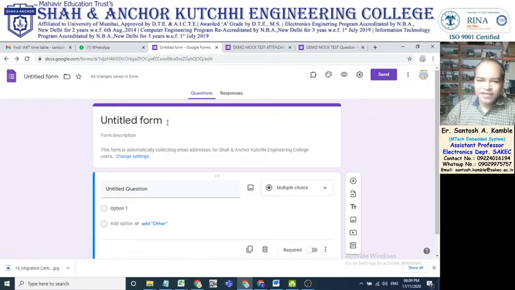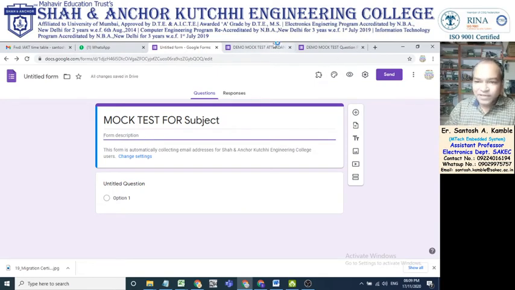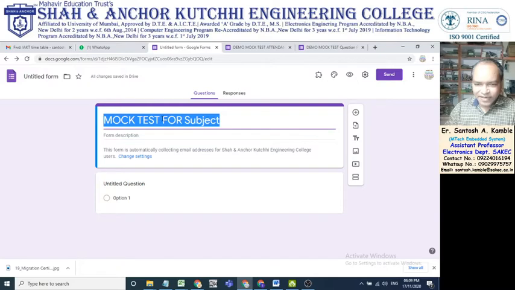Then here you have to write down the subject name. For example, mock test for subject. Then here you can write the details for your subject: mock test attendance for subject.